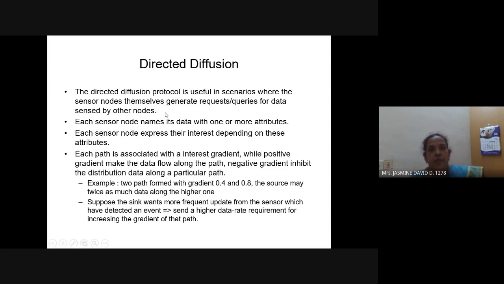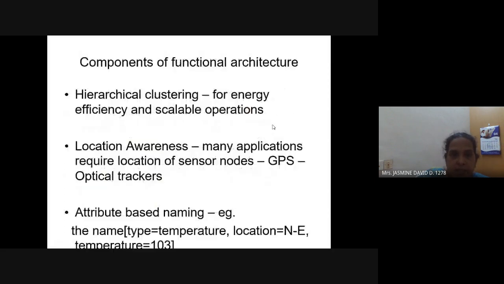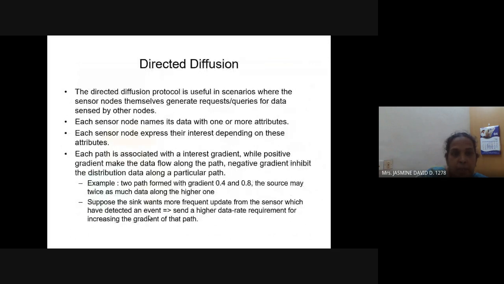Then directed diffusion. The directed diffusion protocol is useful in scenarios where the sensor nodes themselves generate requests or queries for data sensed by other nodes. Each sensor node names its data with one or more attributes. There are three elements: hierarchical clustering, location awareness, and the third one, attribute-based naming. In attribute-based naming, we need to give names. Each sensor node names its data with one or more attributes, and each sensor node expresses its interest depending